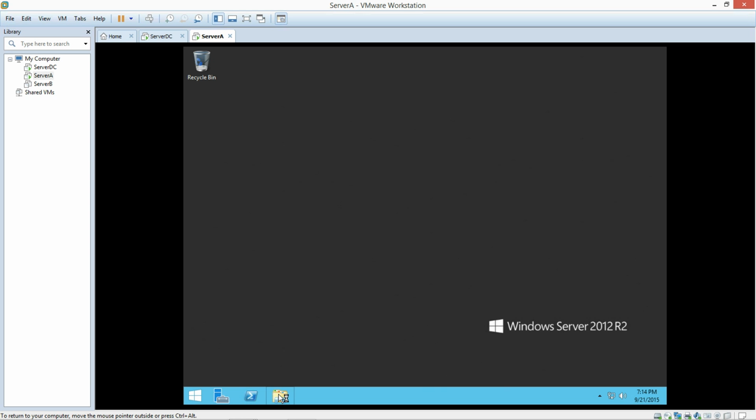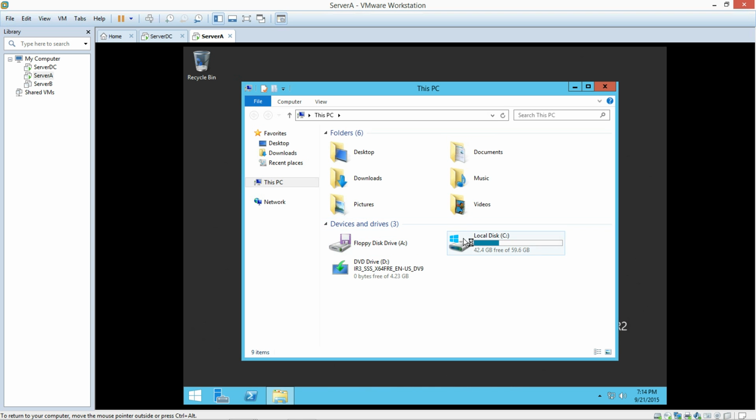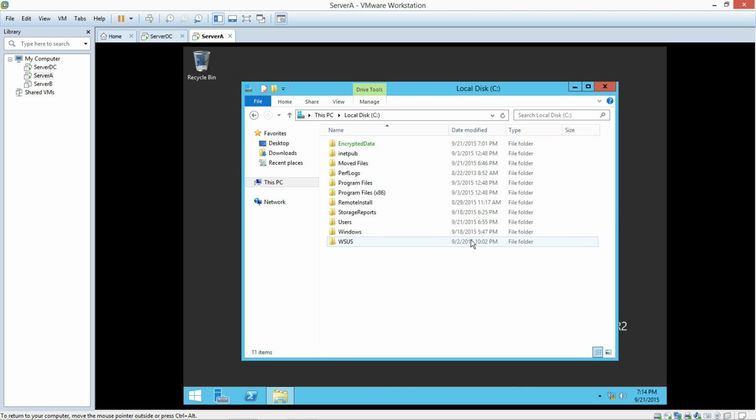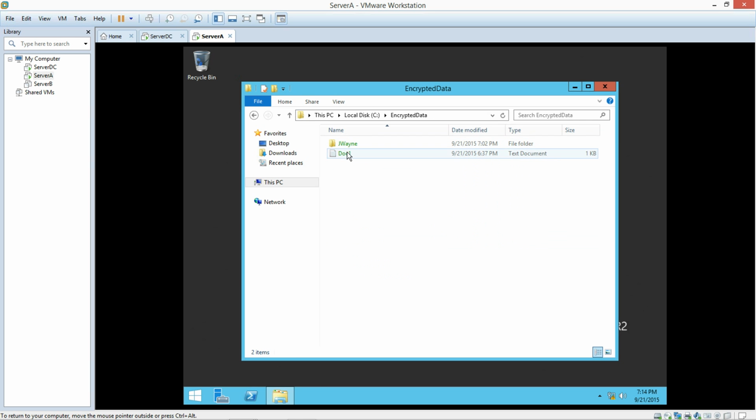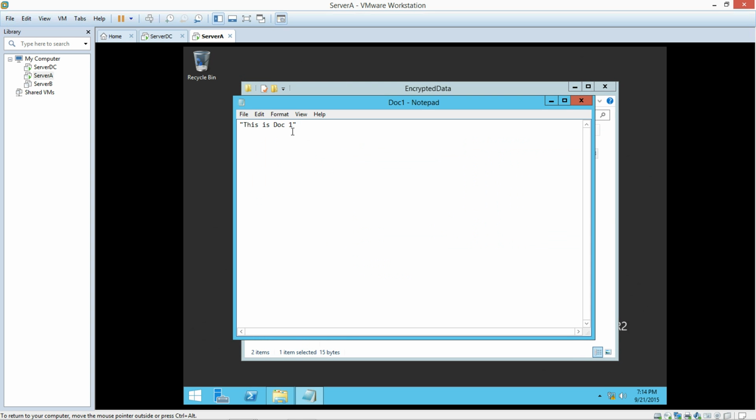We're going to go to the File Explorer, go to the C drive, and we're going to go to the encrypted data and go to doc1. And as you can tell, JWayne can open doc1,